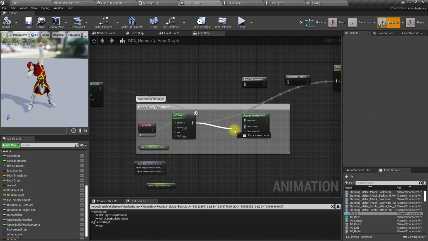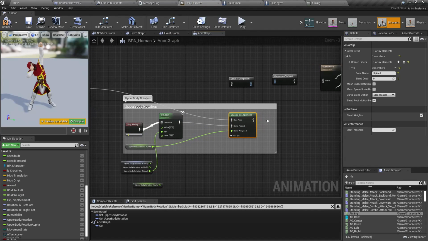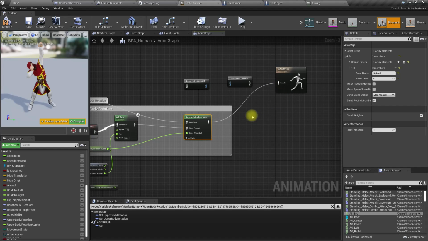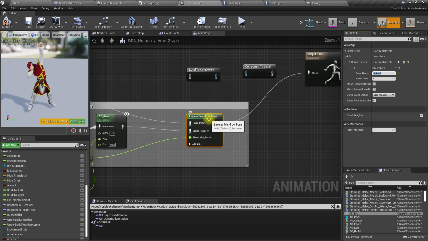Yeah, here we use the spine 1 for the bone for this layered blending.